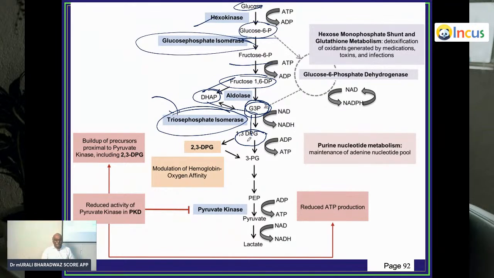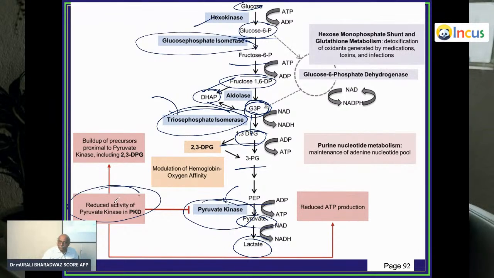Right? So, doctor, remember, 1,3-DPG, don't take a photograph of this because this is a very basic thing which is there in every book of entrance. 1,3-DPG becomes 3PG becomes PEP. PEP becomes pyruvate. That is the place where pyruvate kinase comes into the picture. That becomes lactate. So any reduced activity of pyruvate kinase